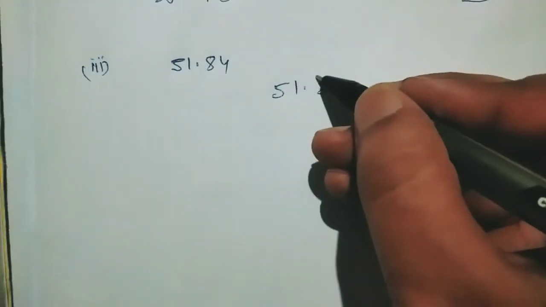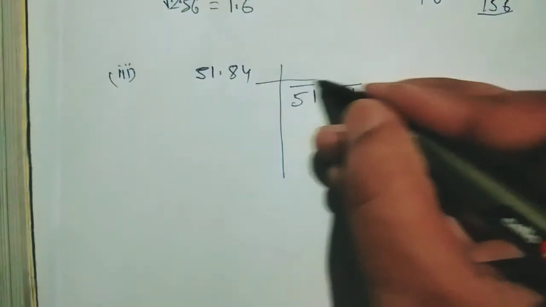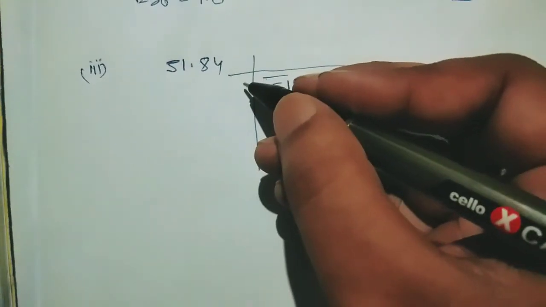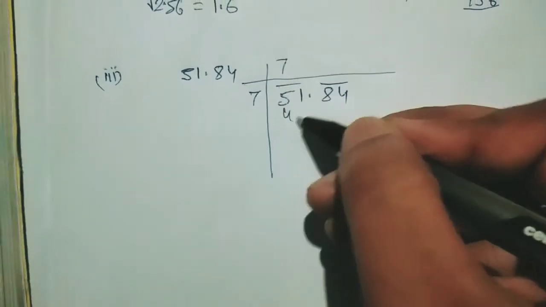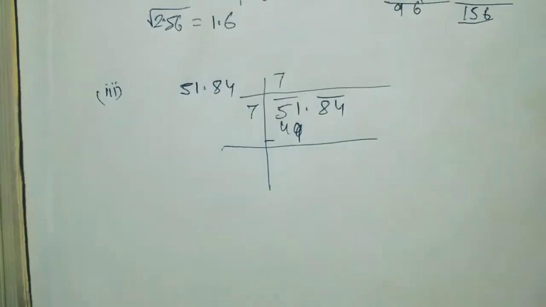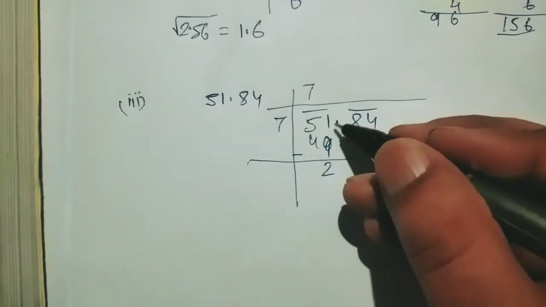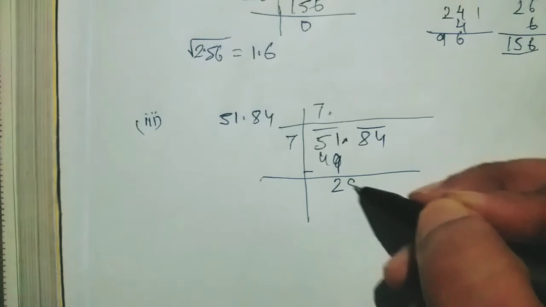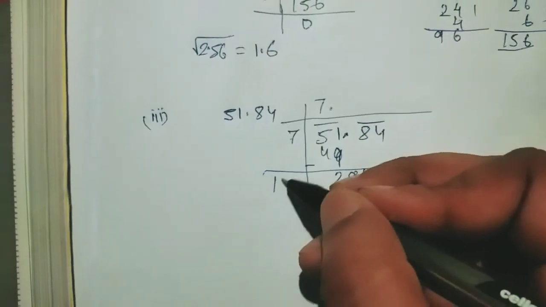So students, here also you have to make the bar. Here the point is there, again the second bar. So give the line. So now 51, whose square is less than 51? So 7 7 is 49, right? So here we'll write 7 7 is 49, 7 square is 49. Okay, now minus it, 11 minus 9, so it is coming 2, here 0. Now this point will go here, okay, and this 84 will come down. Now you have to add this number. 7 plus 7 is 14.